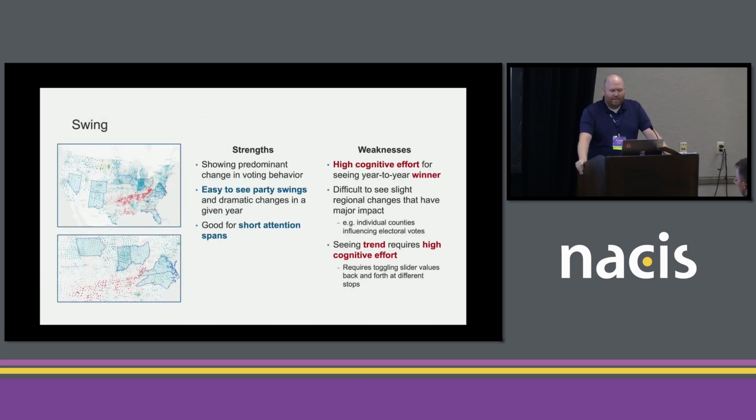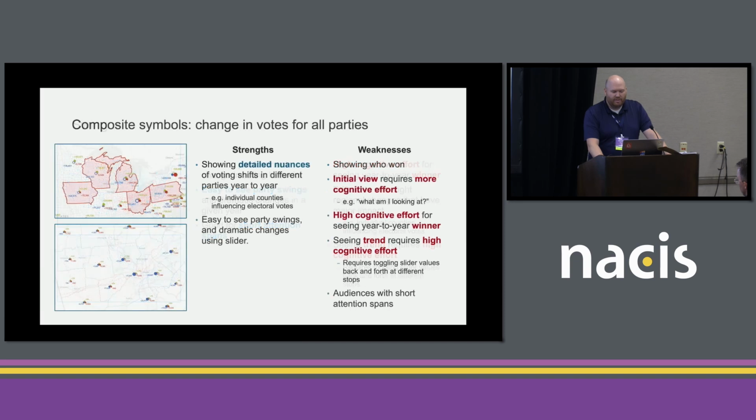With the swing maps, very similar. It's easy to see the party swings from the previous election, but it may give you information that's not quite as meaningful. Take the Arizona and Georgia 2020 to 2024 results, for example. Showing you those swings isn't really a trend. It could just be an outlier, so take that for what it's worth. It still takes some cognitive effort to figure out what the trend is, and same with this style too. But what I really like about this is it gets you into the detailed nuances, like what happened in Wisconsin